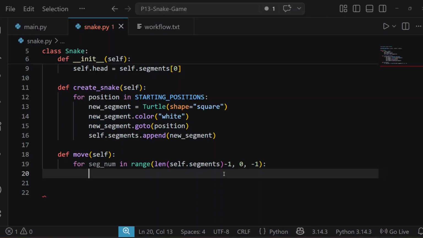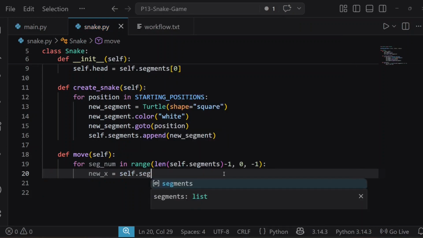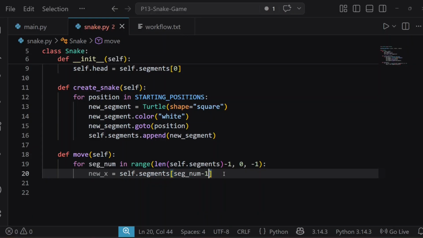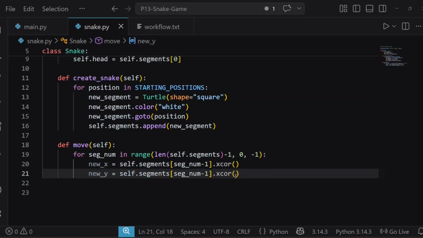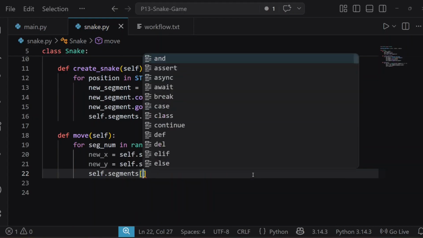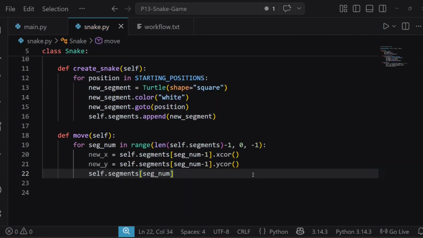So for new x coordinate, give new x as variable and self dot segments, get that adjacent position seg num -1 x cor, and similarly for y coordinate also, and use goto to send each segment to the new coordinate. For that, self dot segments from our seg num, and use goto to the new x and new y,